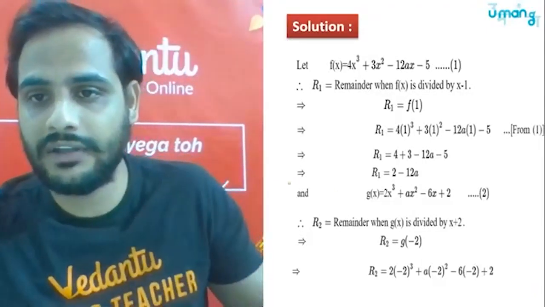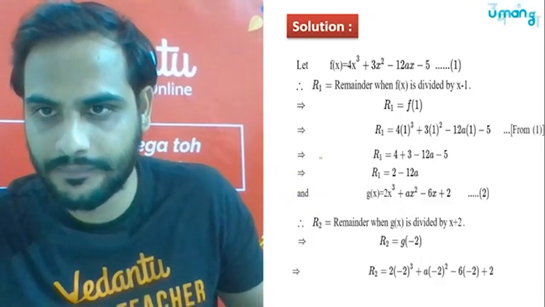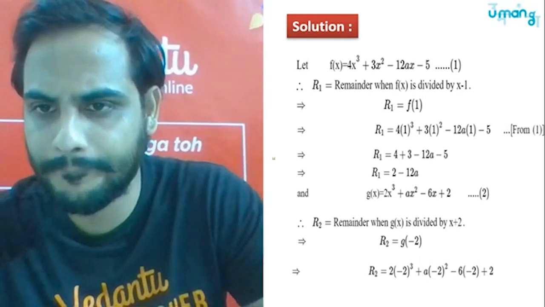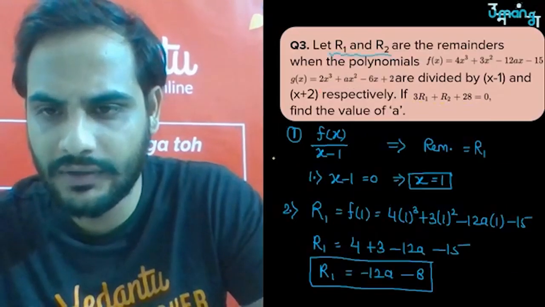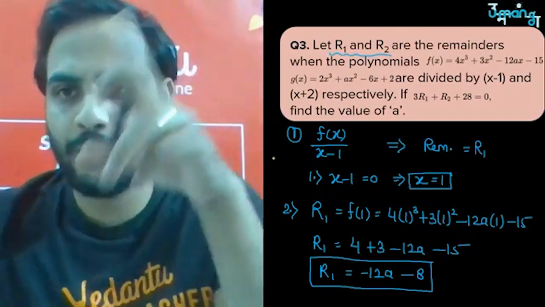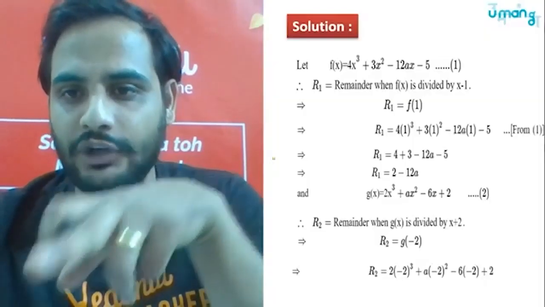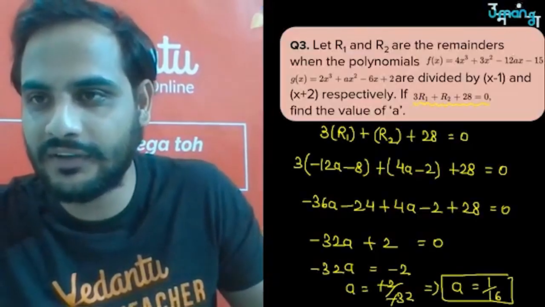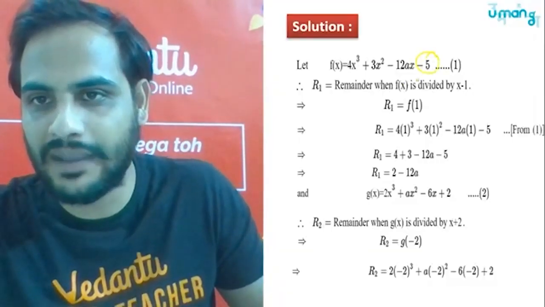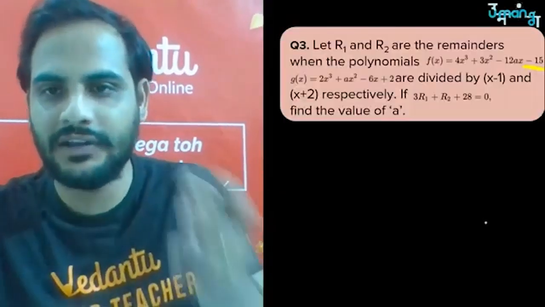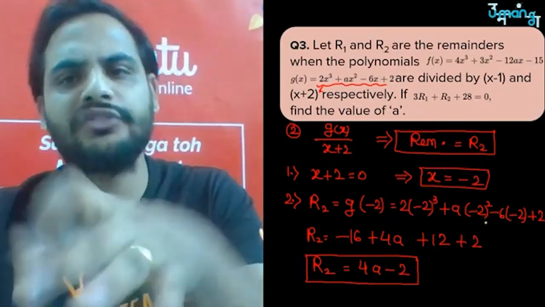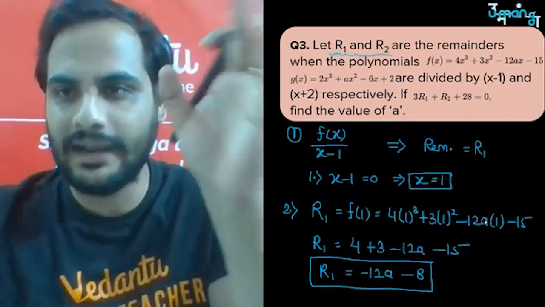Okay. Actually, the question is written something else here, and in the solution, it is something else. Here in the question, as you can see, it is given minus 15, and in the solution, it is given minus 5. So the solution is for some different answer. So what we have done is correct for what the question was. Okay. So there is a misprint in the solution or in the question, whatever it is, but you got the idea.